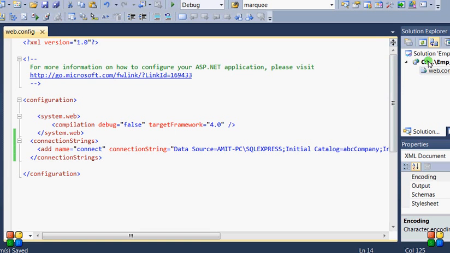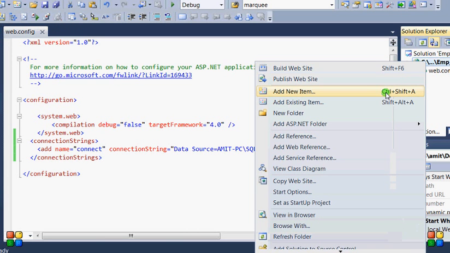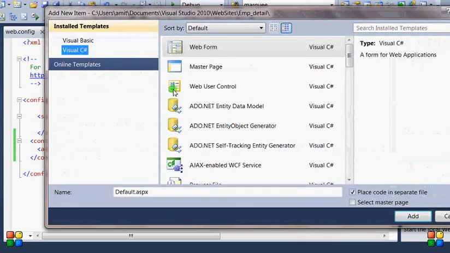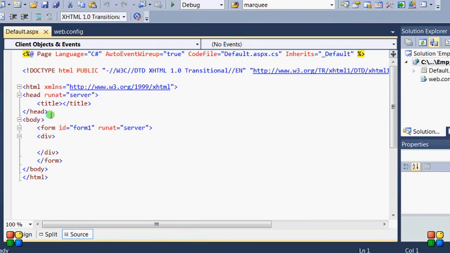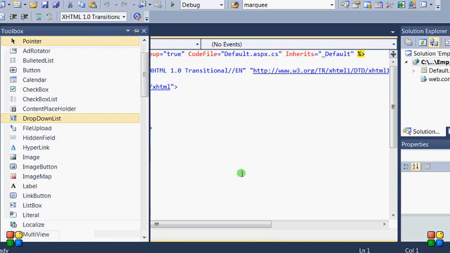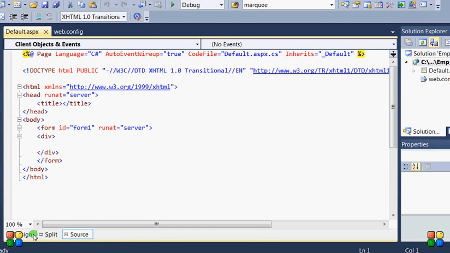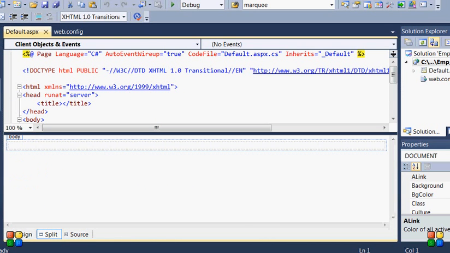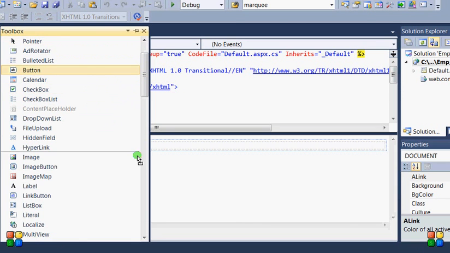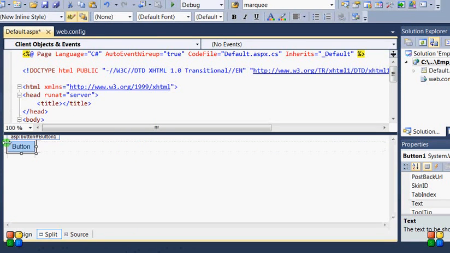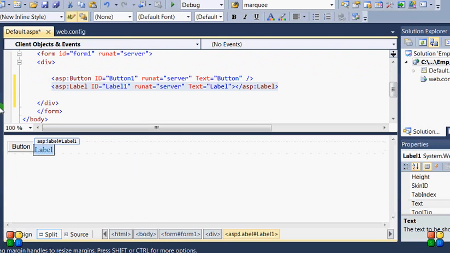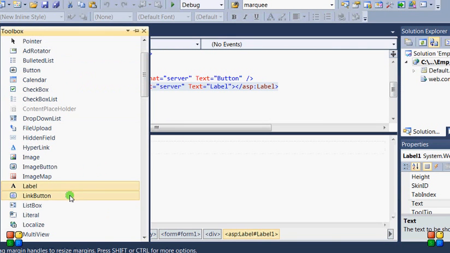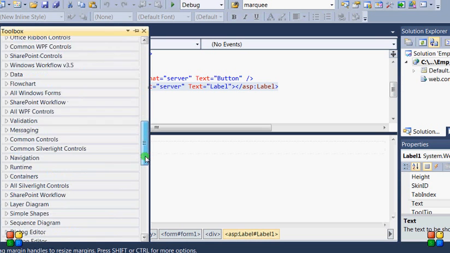Now just add a simple page having some buttons and others, taking from the toolbox, split it, take some buttons and labels also. We need text boxes also.